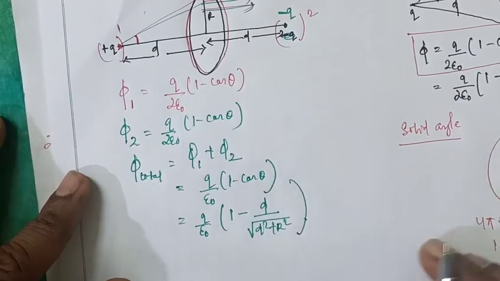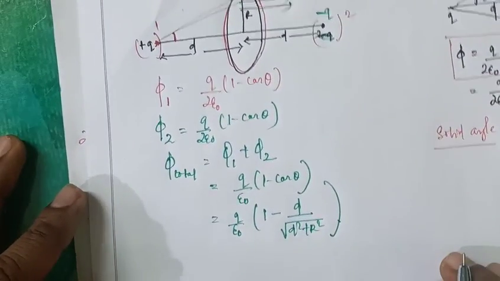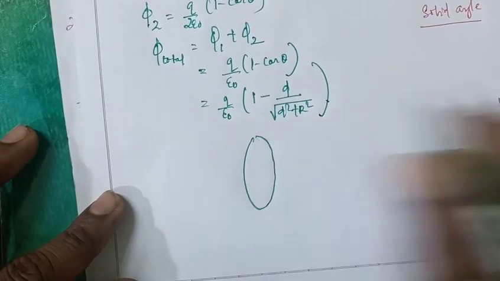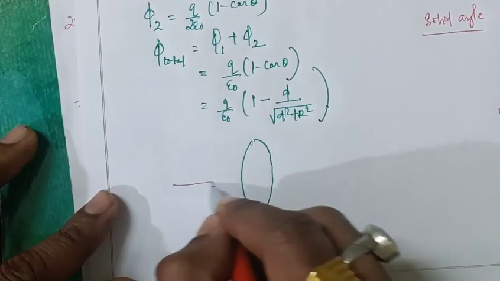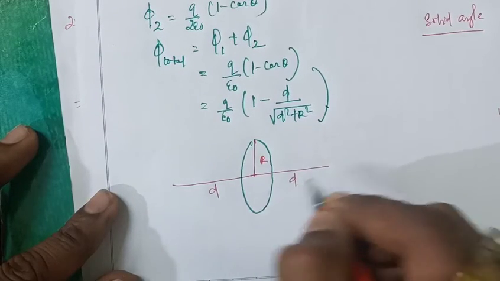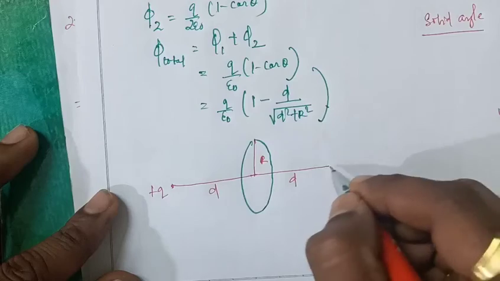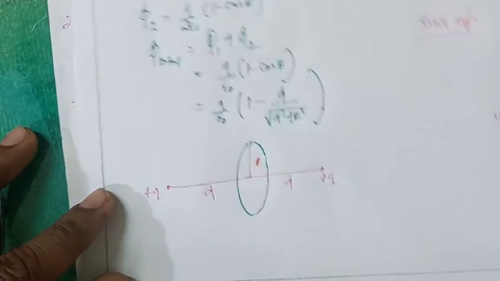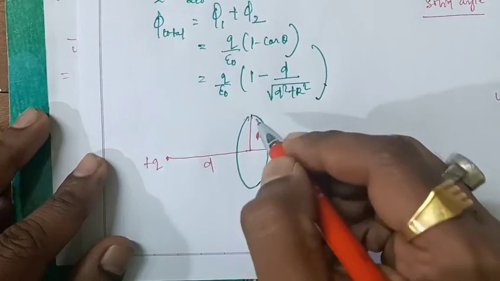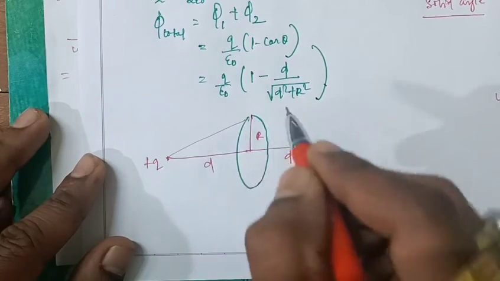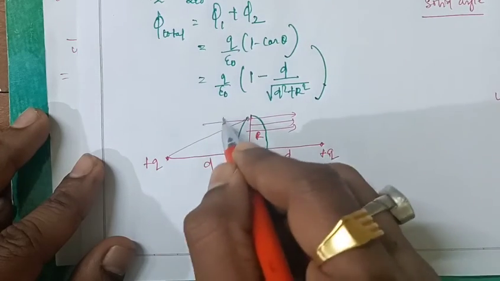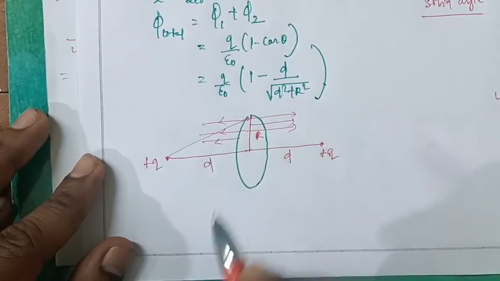This is a very fundamental thing a student has to think about. Suppose in the same question, this is a disk and this is a positive charge at a distance d, the radius of the disk is r, and this is d. This is a positive charge and this is also a positive charge. Then the net flux question can be asked: how much flux passes through this. Due to this positive charge the fields will be like this, and due to this charge the fields will be like this. So if a student thinks about it,